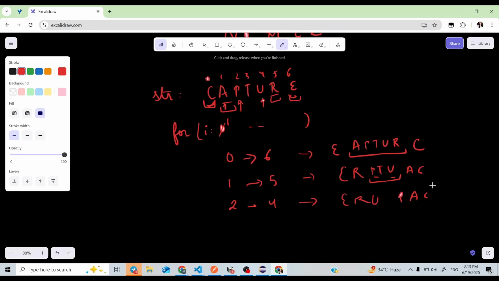Okay, and then I will come here at T. So when I reach the middle of the string, I will stop the swapping process there only. T will remain here, and after I reach this, I will end my loop.